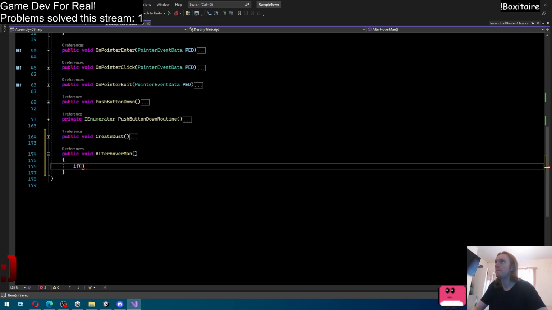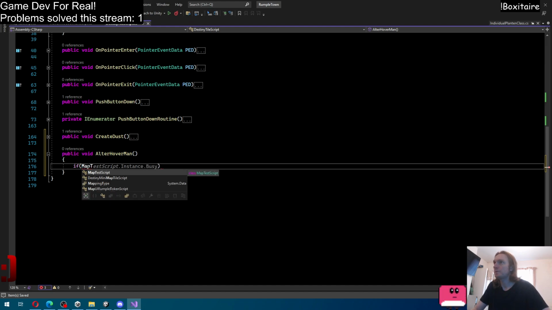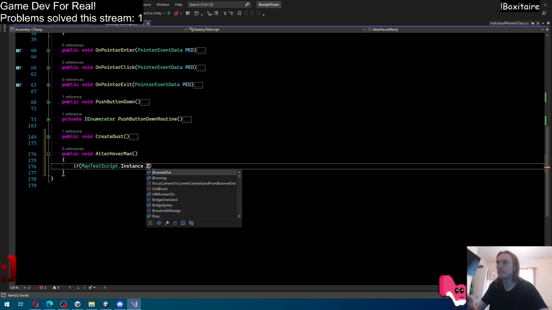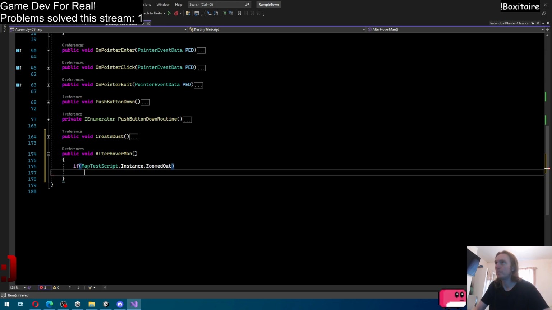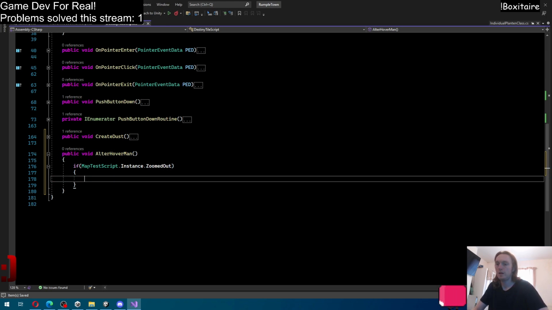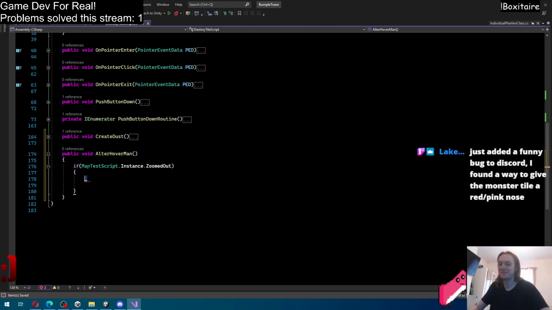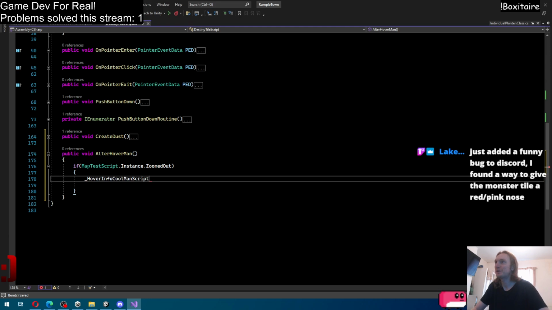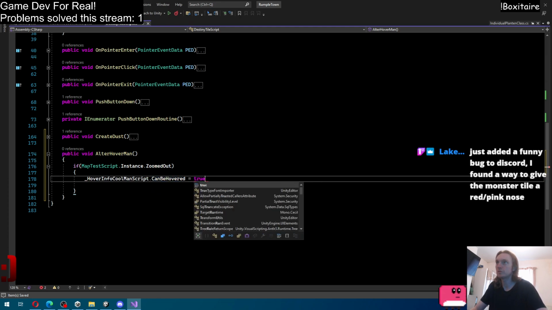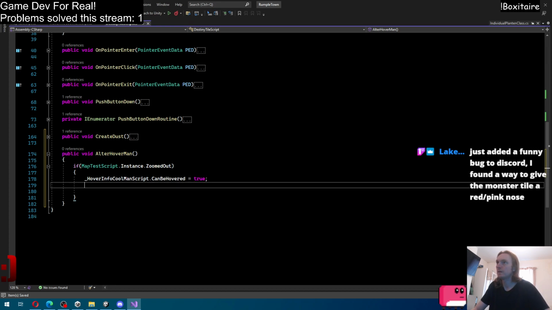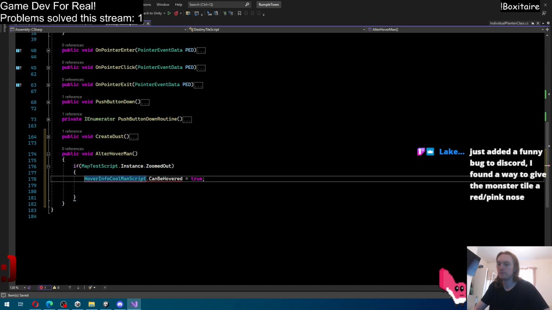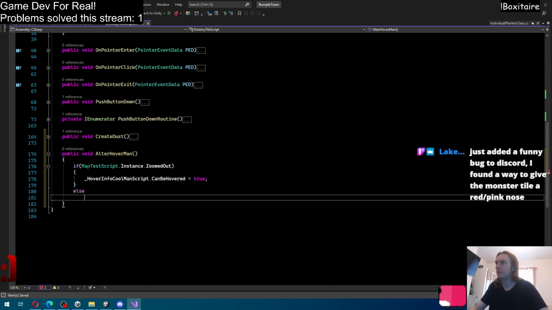If map test script dot instance dot zoomed out, underscore hoverman call dot can be hovered equals true. Else